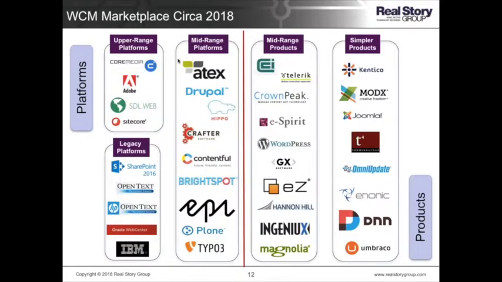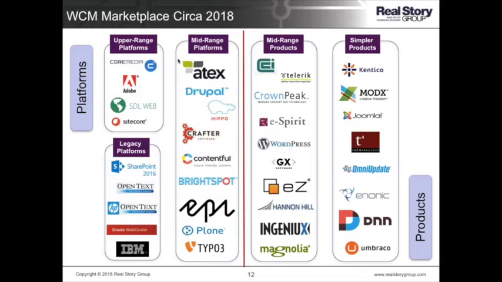And certainly the marketplace is responding. So this is how we evaluate the WCM marketplace, where you have complex platforms on the left, down to simpler products all the way on the right. This is, of course, a spectrum. We group them into these buckets here. It's a complexity spectrum. One thing that I would suggest, though, is that these legacy platforms at the bottom are pretty much disappearing, and generally speaking, you don't want to use those for WCM. We list them here because, again, there is an installed base. Some people still are using SharePoint, God help them, for external WCM and Oracle and IBM. We typically don't see people actually procuring them fresh.